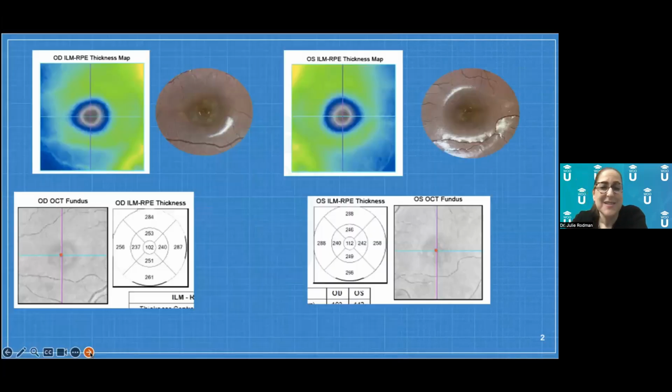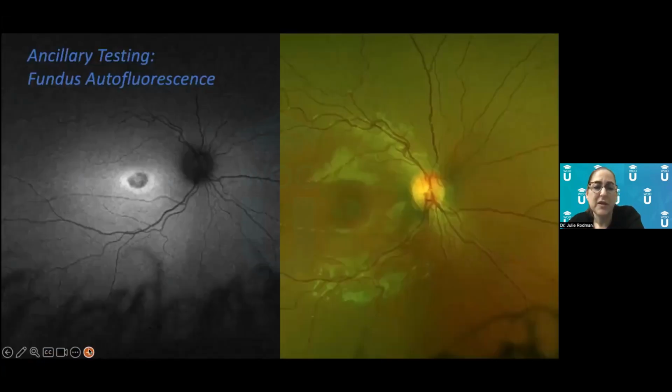What is the diagnosis? Here's some images of the OCT, just to show you that it goes along with the bullseye appearance. This navy means that it's thin, right? So this is a thickness map on a micron scale showing where the darker colors mean thinner. You can see here 102 at the fovea is extremely thin, 112, very, very thin, surrounded by kind of more normal numbers, but very, very thinned out foveas.